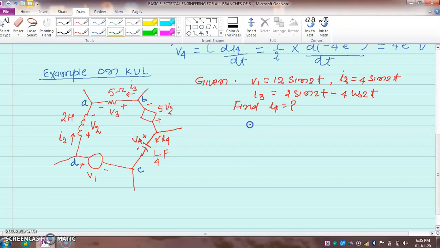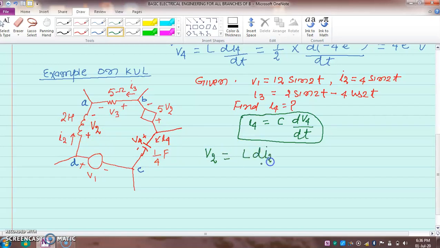I4 is the current in the capacitance. We know that current in a capacitor is C dV by dt. So if I find the value of V4, with C given as 1 by 4, we can find I4 very easily using this relation. For this we need to apply Kirchhoff voltage law. First we find all the voltages like V1, V2, V3. To find V2, the voltage across the inductor, V2 equals L